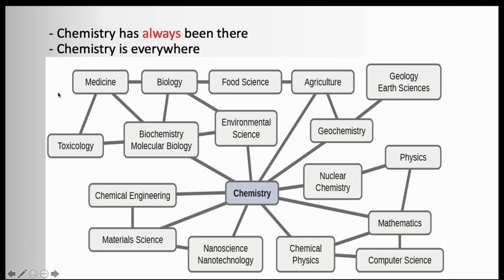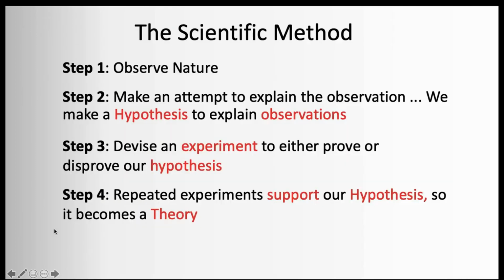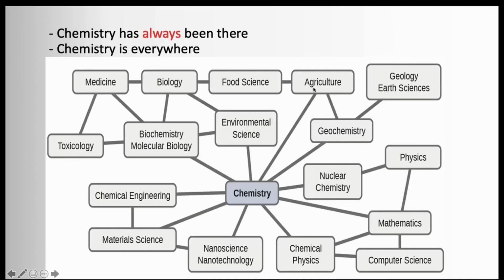So it's an interesting science to me, and I love it because it does cross over to so many other branches. So it gives you a wide field. If you are a chemist and you do very well at chemistry, you understand very well, you can cross over into many other different sciences and do them just as well. First of all, though, after we talked about this, all the sciences,